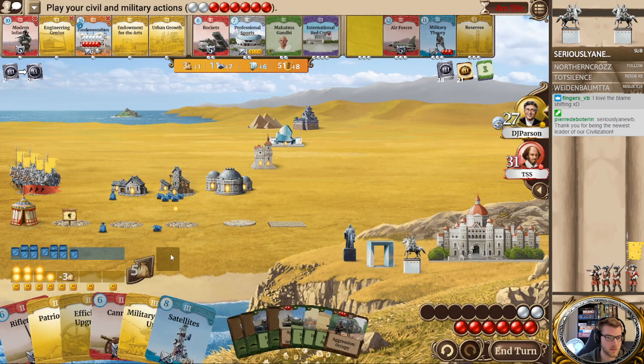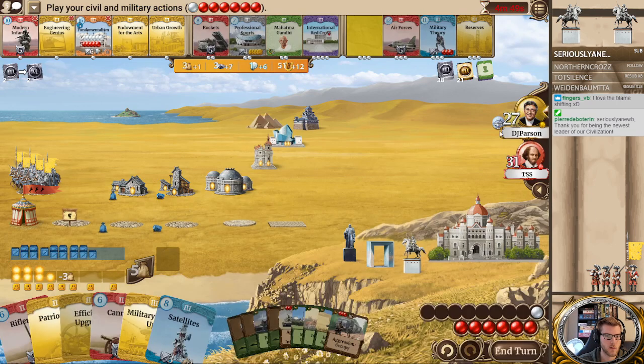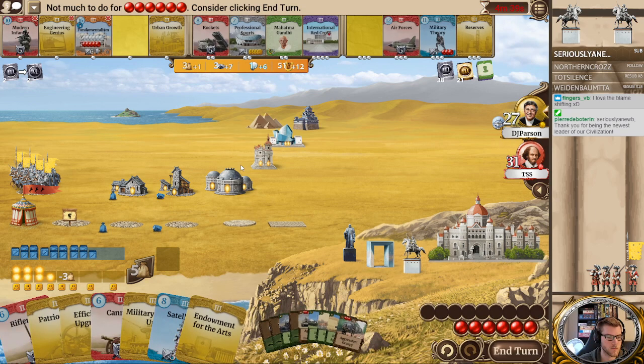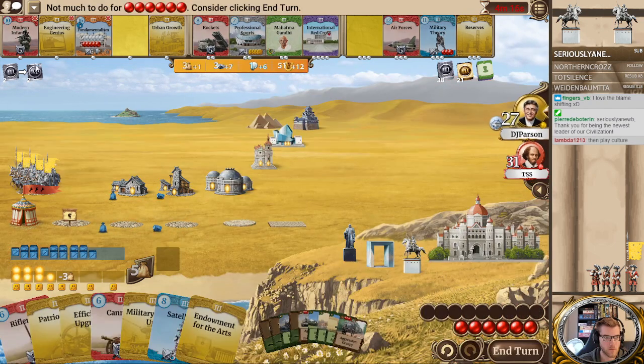We can't even go for another movies this turn. We go up to 12. Could then go for input of culture, perhaps. Do this, then I definitely should play culture, right? I mean, he can go for multimedias. That will contest the science and culture, but if we win both...